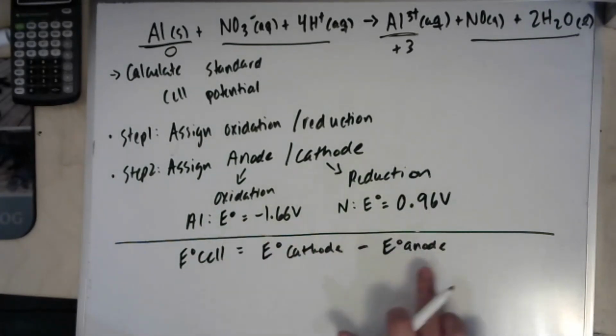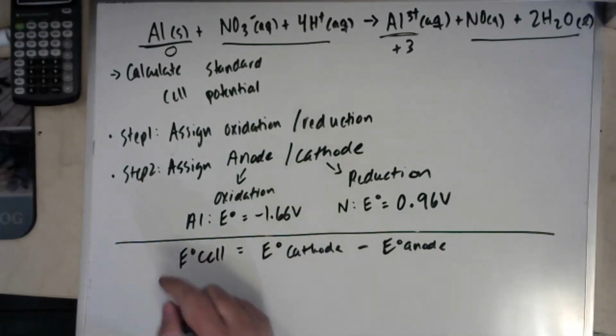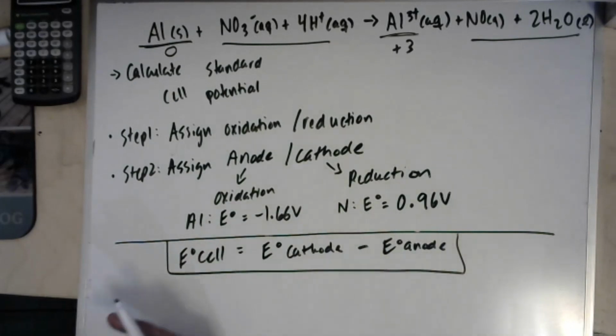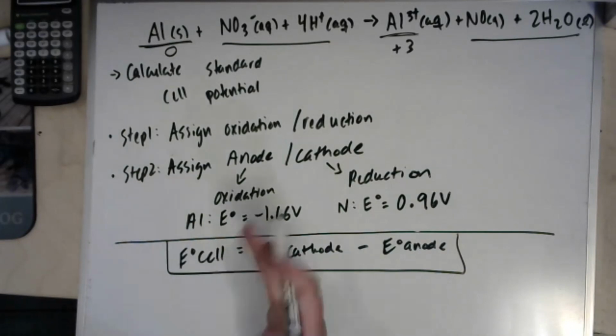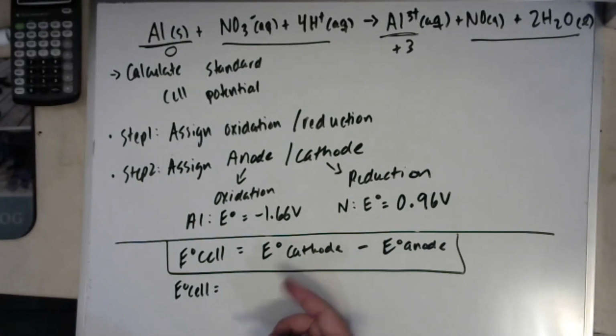If you're using the equation from your textbook, do not flip any signs. If you're using the equation that Professor Sheehan gave you in the notes, that's when you need to flip the signs. Okay, so to find your E cell here, you're going to do the E value for your cathode,